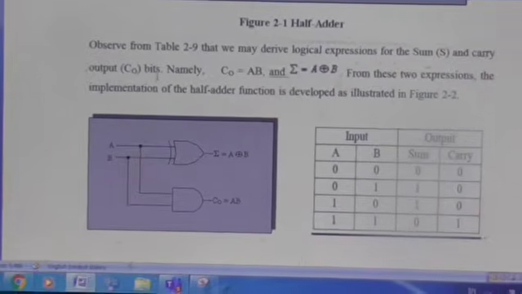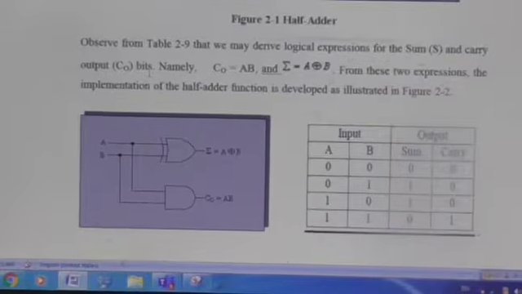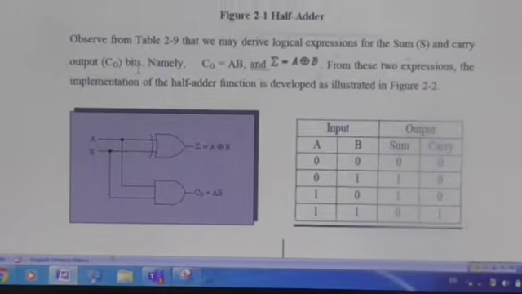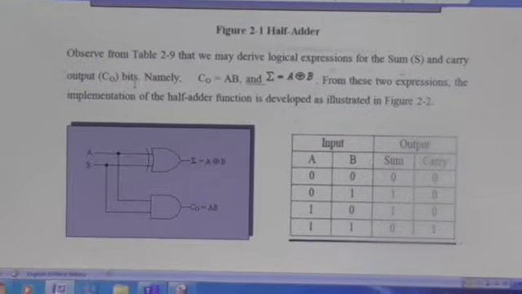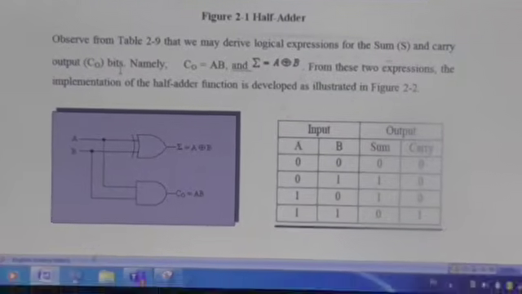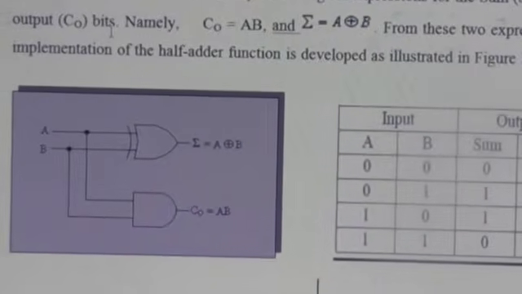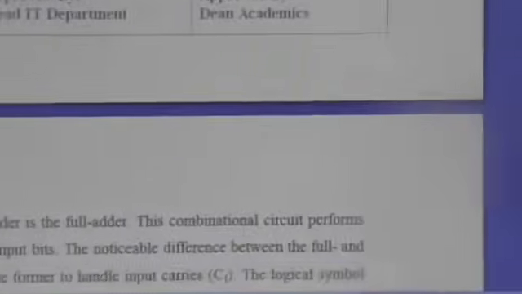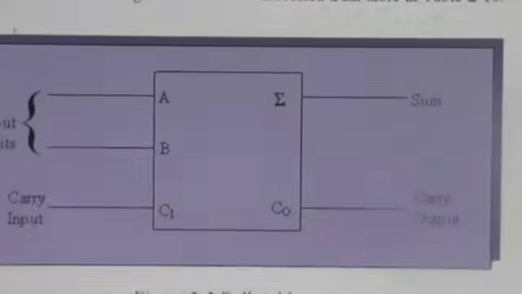Similarly, for the purpose of adding 3 or more than 2 numbers, at that time we should go with the full adder. Why? Because of some drawbacks in the half adder. There is no provision for the previous carry which is generated. That's why we should move towards the full adder, for the purpose of adding 3-bit numbers.